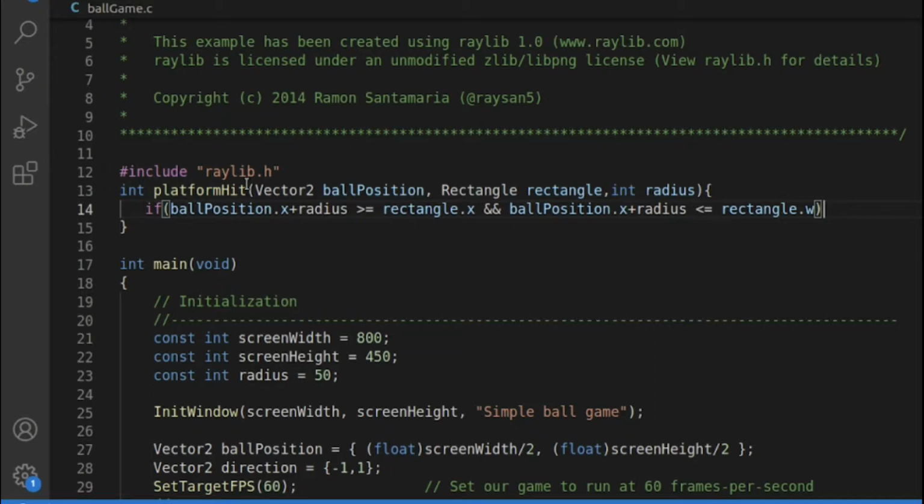I think w is the variable they have used, x y w h. So width, plus x plus width, sorry. So rectangle dot x plus rectangle dot width. So in this case, it has come within the x influence. It should also come within the y influence. So we have to handle for that,